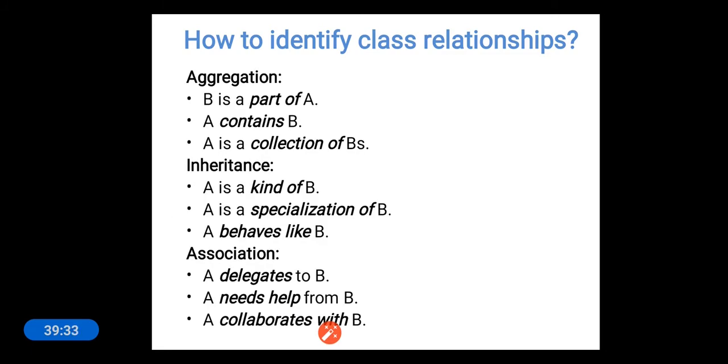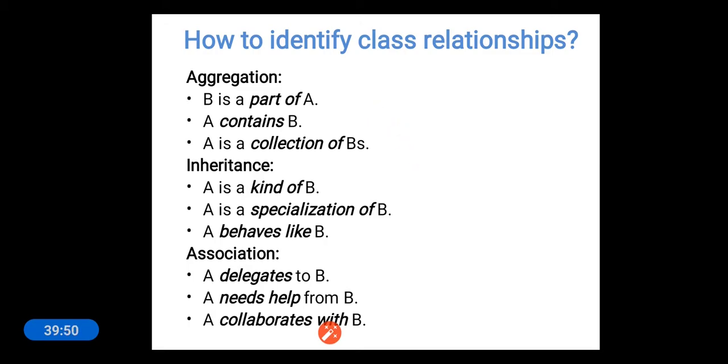Next, aggregation. In order to identify aggregation, we can look for keywords like part of, contains, collection of. B is a part of A, A contains B, A is a collection of Bs. Then you can identify that there is an aggregation relationship.